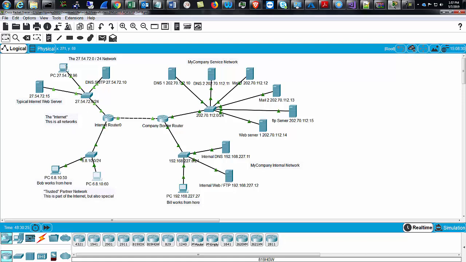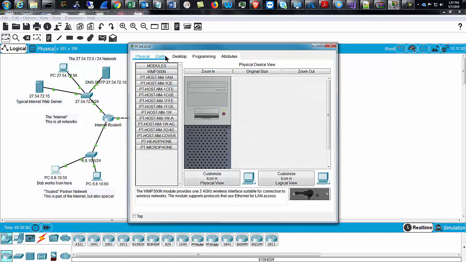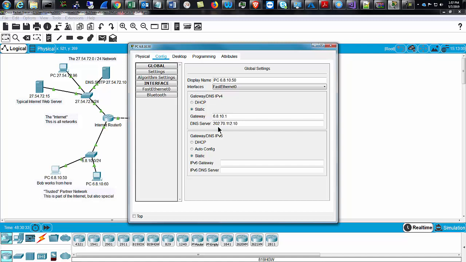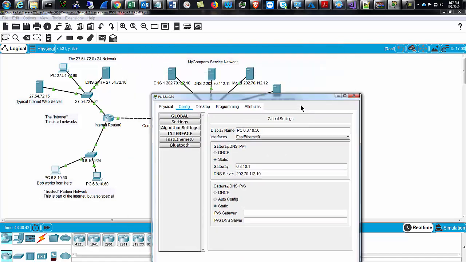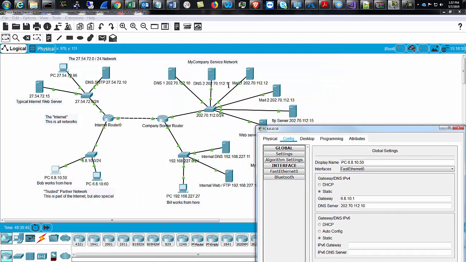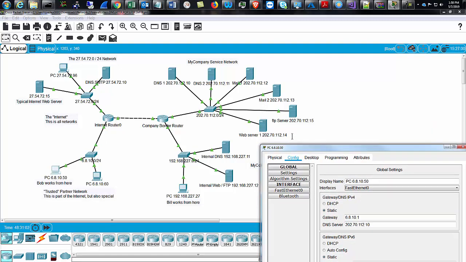If I go to one of these workstations, let's pick this one, I want to make sure that the config is set up right. I'm mainly interested in the IP address of the configured DNS server. Now, I've pointed this out to you before. DNS in Packet Tracer is an abbreviated version of what really happens on the actual internet. For example, on the internet, if I'm sitting here and I want to access the web server there using its fully qualified domain name or its URL,